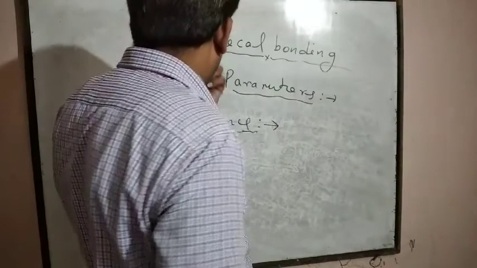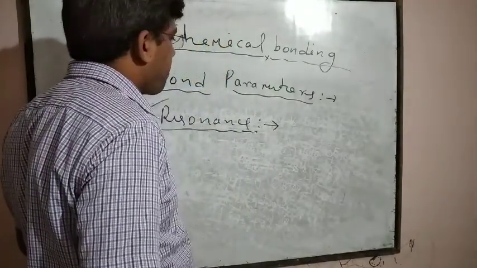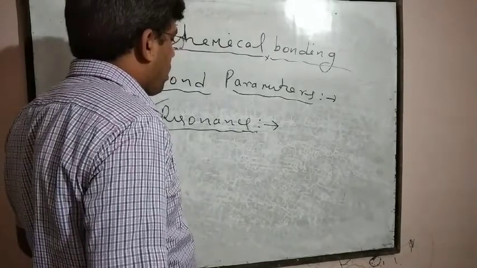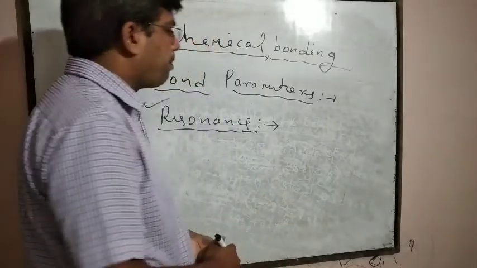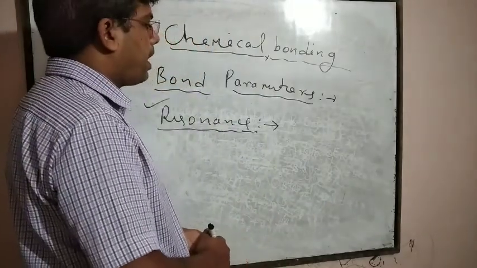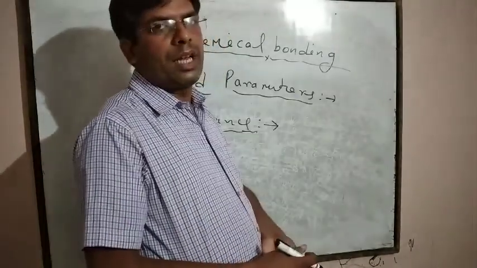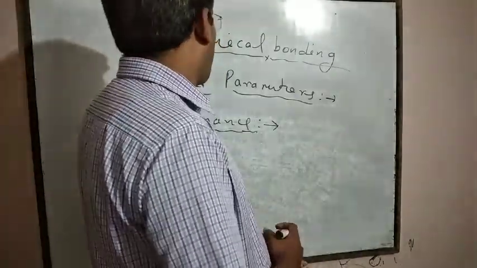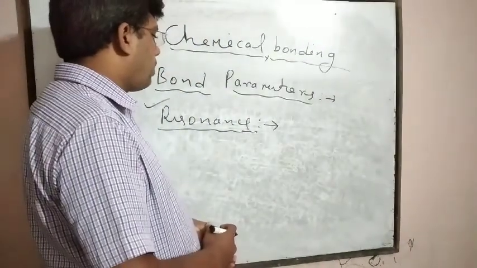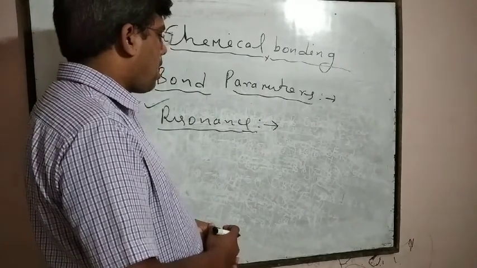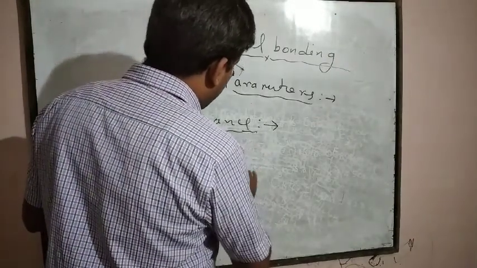Now, if we take different types of compounds, and in such a compound shifting of bond takes place, then at that place resonance is operating. For example, if benzene is taken,